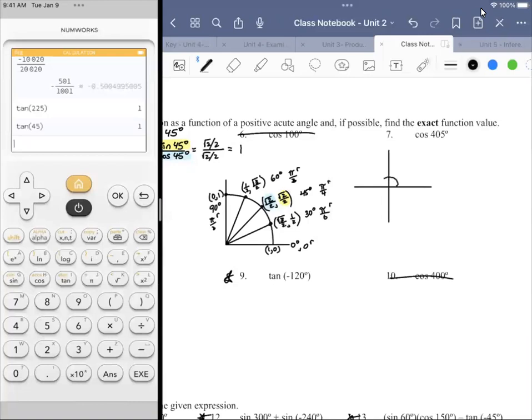So this is 360. I'd have to go another 45 degrees to get to cosine. All right. That puts me in the first quadrant, which means that cosine of 405 is equivalent to cosine of 45,